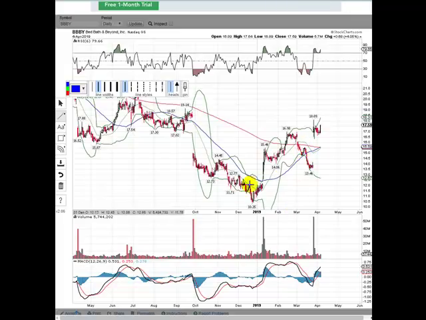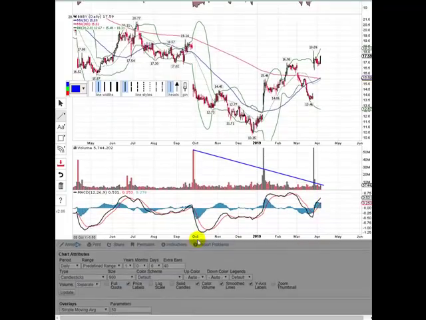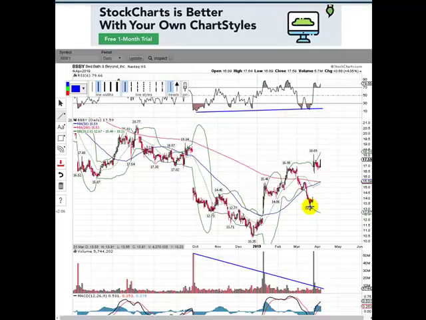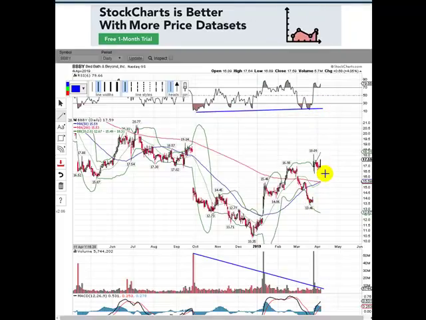But several nice things are happening here. Golden Cross happening as we speak. Couple of big surges and gaps up, huge buying. The selling has just dropped off the map, big time. The MACD on the daily even continues to improve. RSI continues to improve. So things are looking good. It's trading above its 200-day moving average.